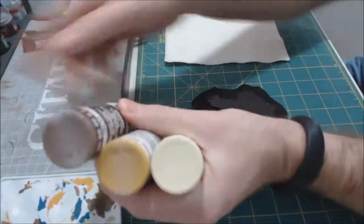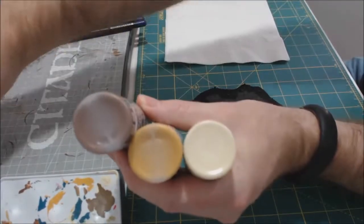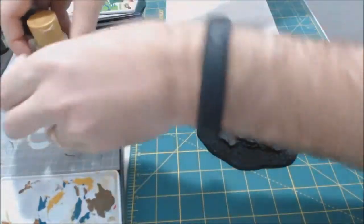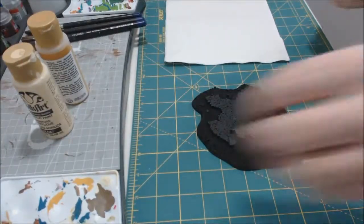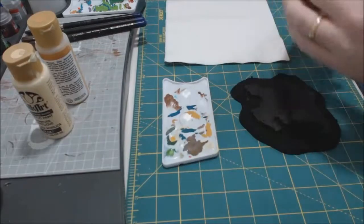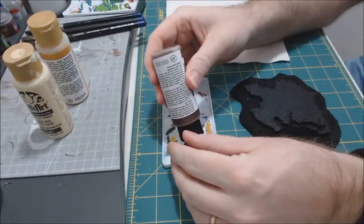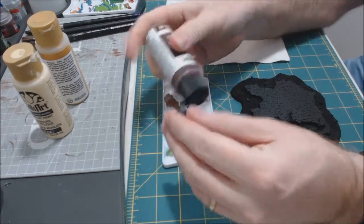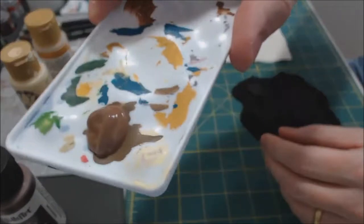Looks really good with static grass on top of it. So let's get started. Be sure to mix your paint well. I'm going to use a large dry brush to do this. All you really need to do is get a nice blob on there. Not a whole lot. It comes out...